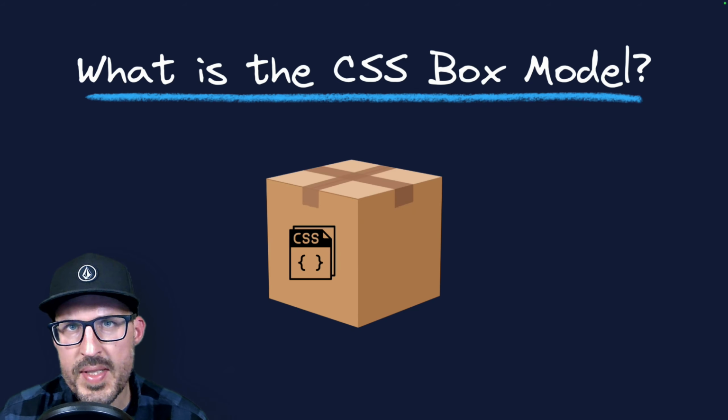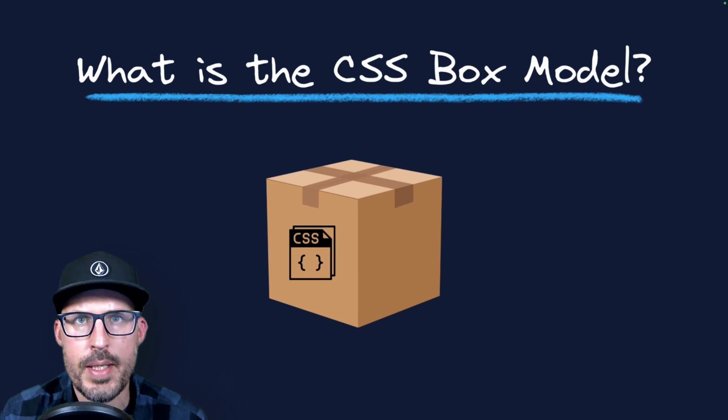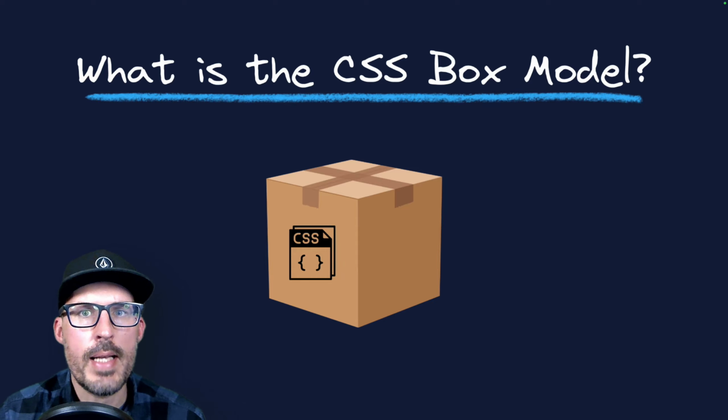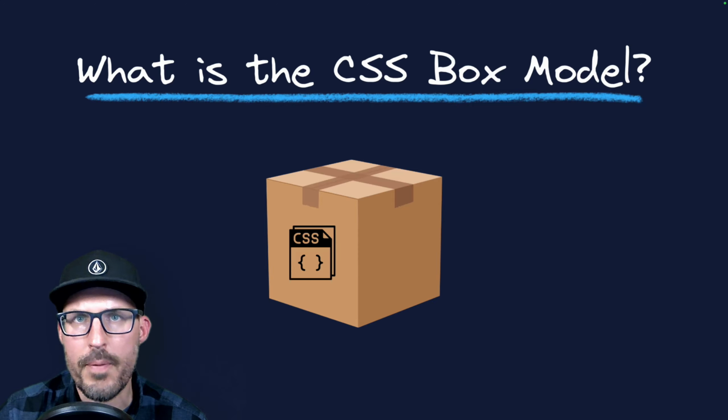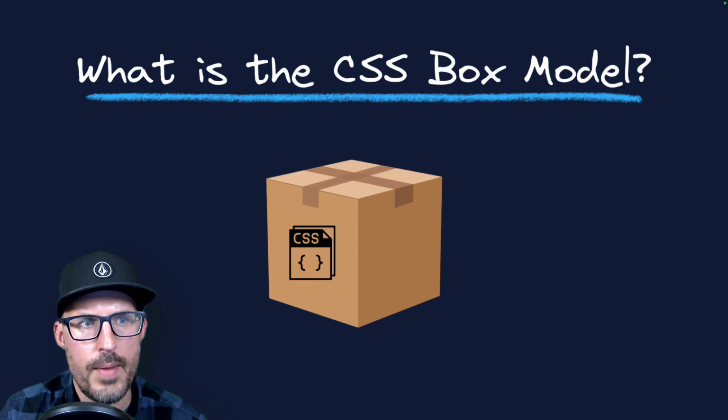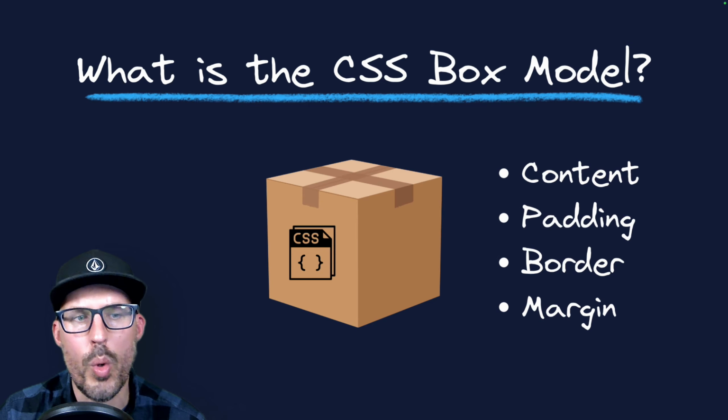All right, so now that we've seen the different types of boxes, you might be asking yourself, what exactly is the CSS box model? Well, the box model defines how different parts of the box work together. And we've already sort of touched on a few of these without really realizing it, but there are 4 main parts to every box. And those parts are content, padding, border, and margin. And we're going to break down each one of these in a bit more detail as we move through the